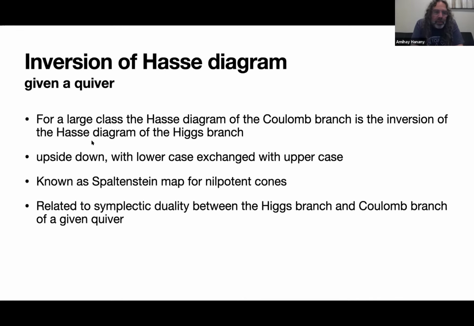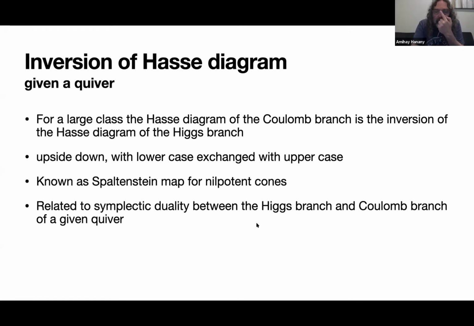And this is known as Spaltenstein, or Lusztig, Barbasch-Vogan duality, several names related to this construction in nilpotent cones. But this can also be generalized beyond nilpotent cones